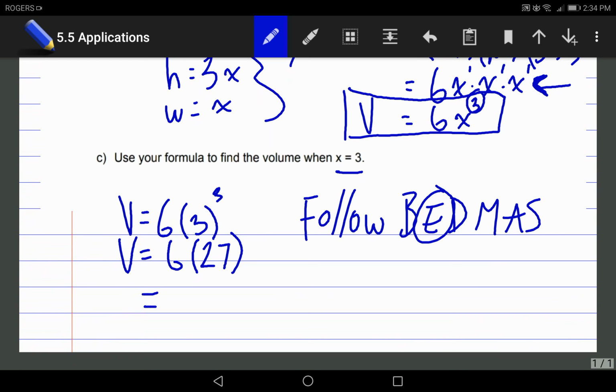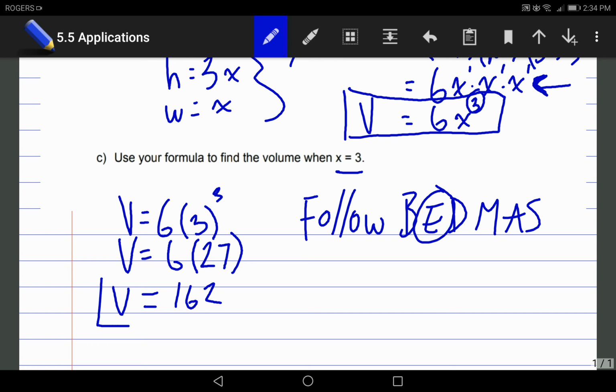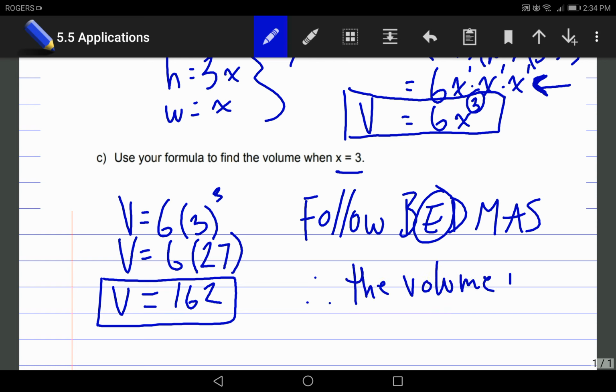Final answer, 6 times 27. Okay, 6 times 27. So do that in your calculator there, and I believe you will get 162. Okay, yep, that is correct. Okay, 162. So that's what your volume is, but then of course give a therefore statement. Okay, so therefore the volume is